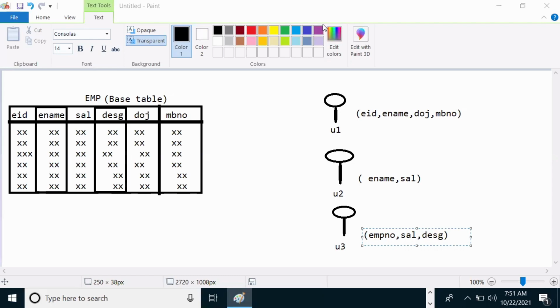Yes, definitely. As an administrator, I want to share only the requested data. So why should I share the entire table? What is the need of sharing the entire table? Because U1, U2, U3 are not asking for the entire table. They wanted specific columns data only. So when they wanted specific required columns data, then why are you sharing the entire table?